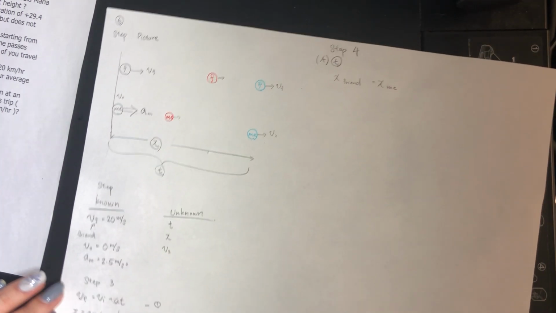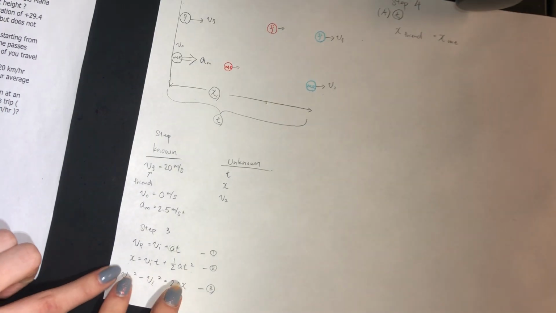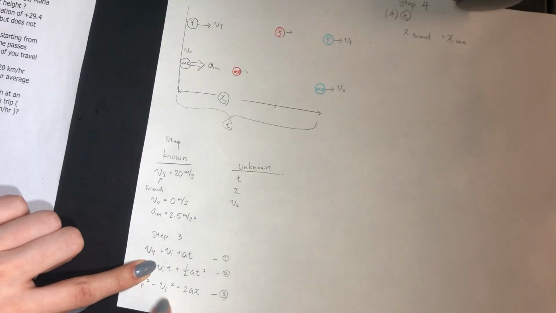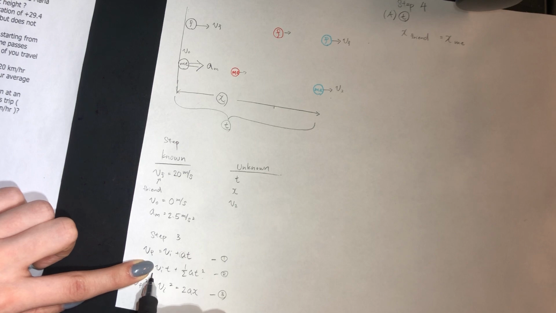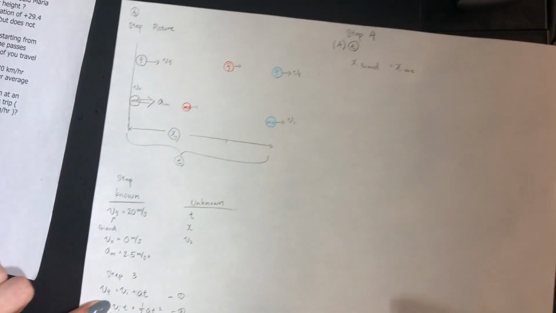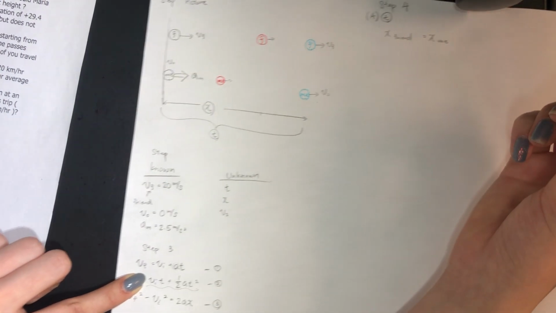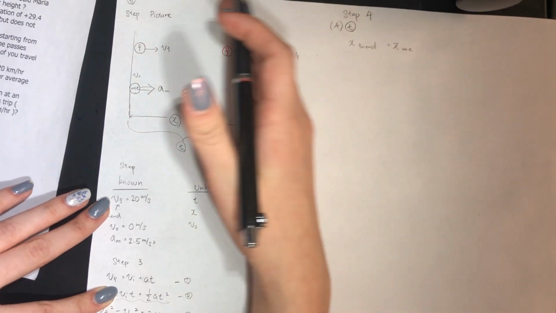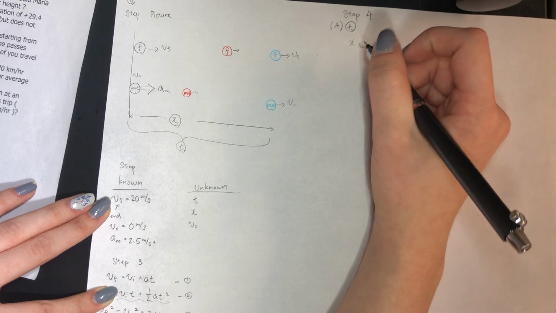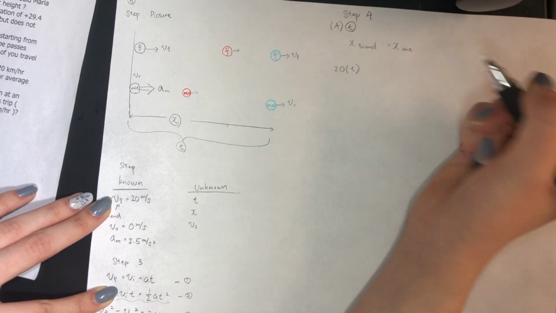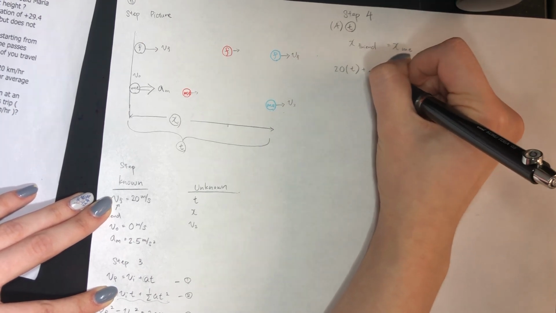Okay, but now what, right? So what if these x's equal each other, I can write down my friend's variables for this and equate it to my variables for this. I know that's confusing, but let me write it down and see if you can understand it. So the left side is friend. What is their V initial? That's V friend, 20, times t, that's what we're looking for, time, plus half of,